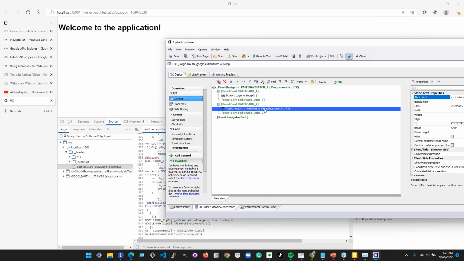Could you also use it to log into the Alpha Anywhere security system, since you know that they were authorized appropriately through Google? We have an integrated login to Google function already built into the UX component that you should use instead. So use that one. Okay, got you. Don't re-roll it. That makes sense. Cool. Wow, that was really neat.